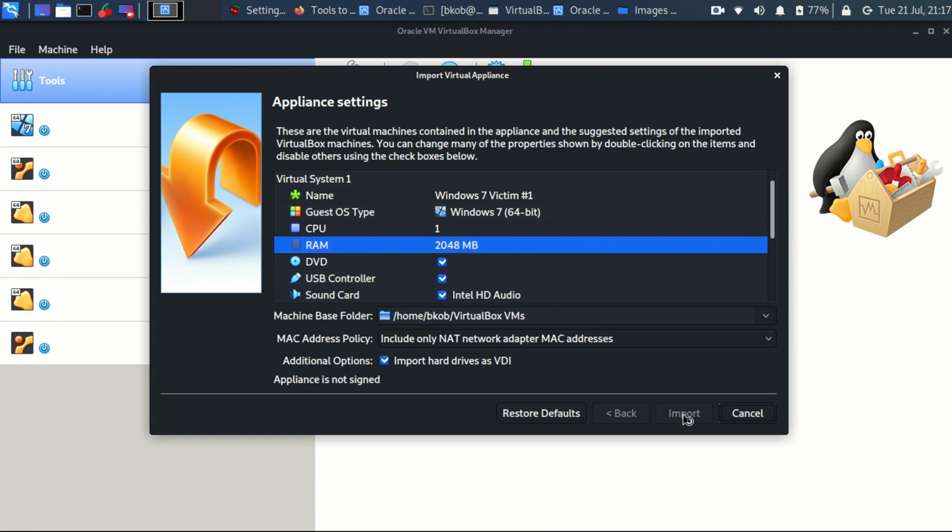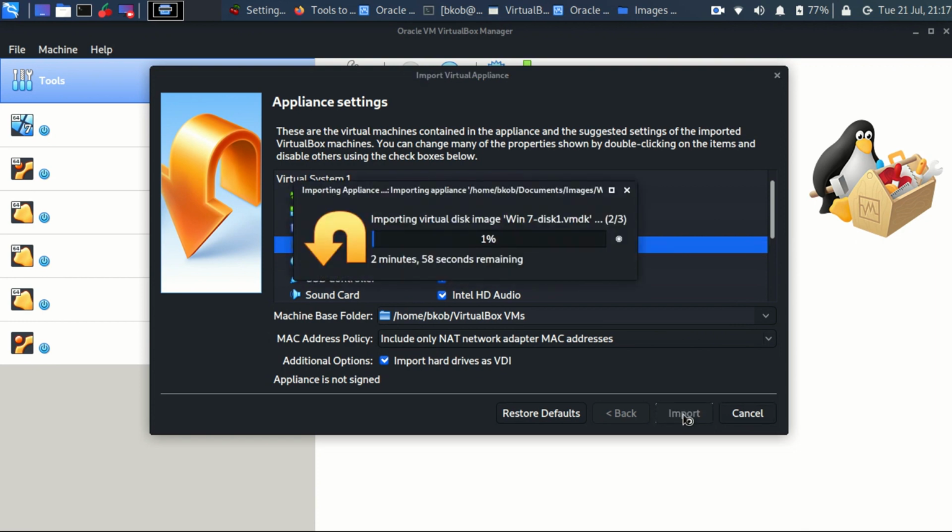This would take a couple of minutes. VirtualBox is simulating a real world CPU, so it will go through setting up a hard disk, partitioning, installing the operating system, and a lot more things. This would take approximately 5 to 6 minutes, and not more than 10 minutes unless you are doing something else on your computer.